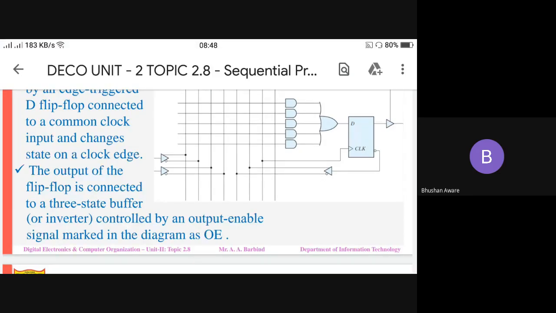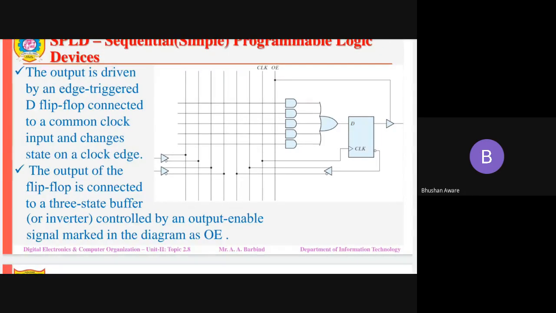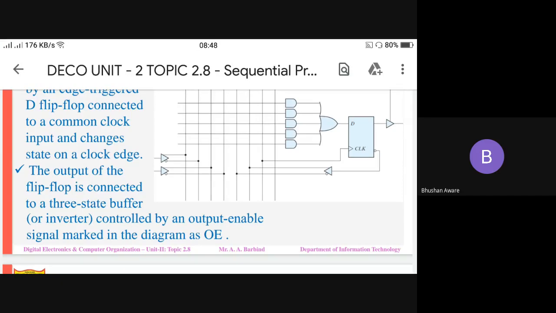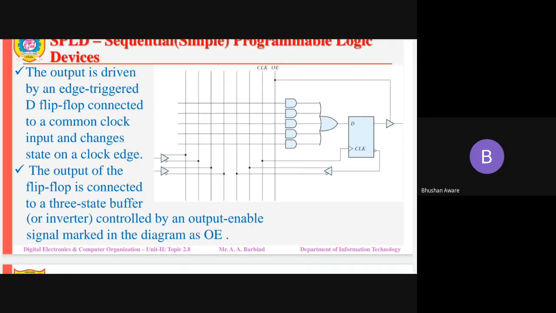The output of the flip flop is connected to a three state buffer. On the top right side, you can see that particular three state buffer, or it can be an inverter, controlled by an output enable signal marked in the diagram as OE. If it is enabled, then only the output of that particular buffer will be available.